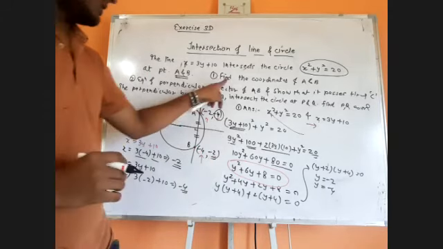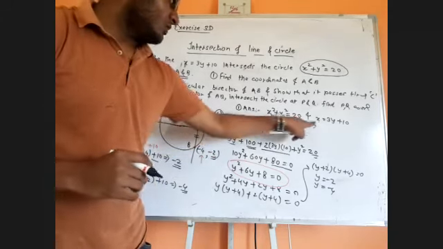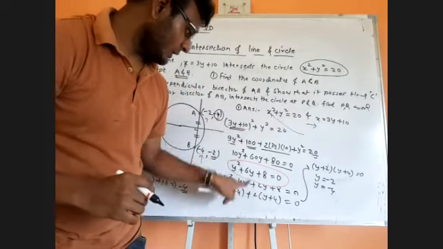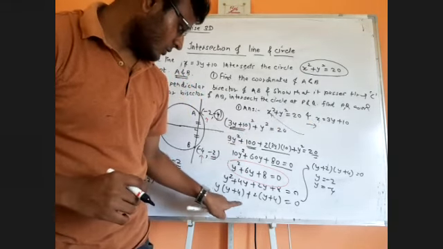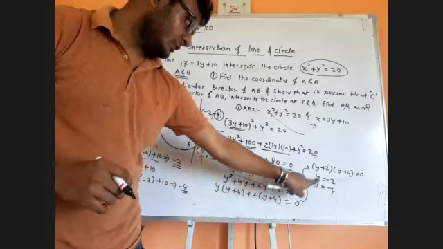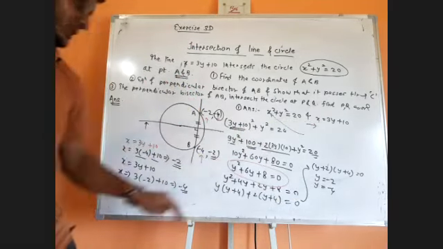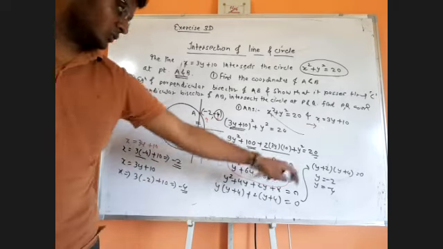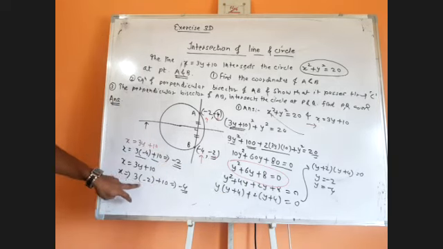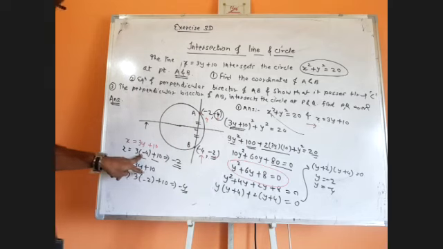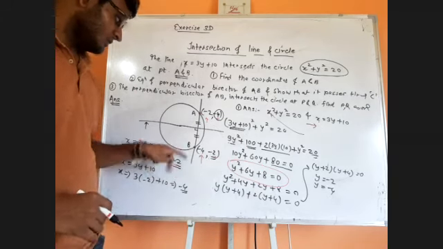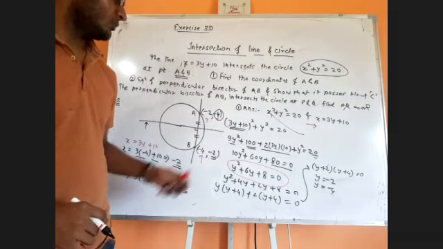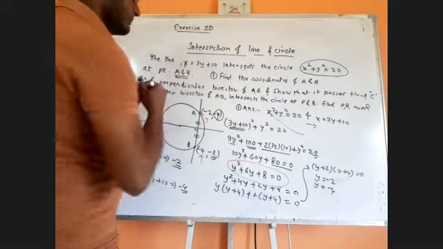So I'll repeat the first part. Just simultaneously solve these two. We got an equation in y. When you get an equation in y, you get the y coordinate. I substituted them back in this equation one by one. Once I substituted y equal to minus 2, I got x equal to minus 4, and when I substituted y equal to minus 4, I got this. So these are the coordinates of A and B, which completes part 1. Okay?